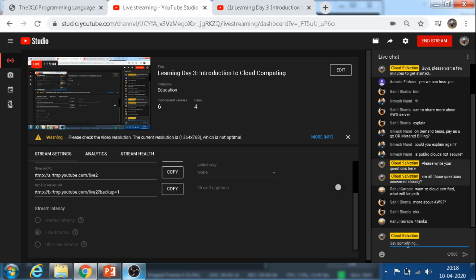So if you have 10 servers at the moment, and the next time you just delete 5 of them, you have just 5 servers running, and then the next time you create another 15 servers, now you have 20 servers. So for the duration where you had 10 servers active, and for the duration you had 5 servers active, and for the duration you had 20 servers active, you only pay for those resources which you utilize there.